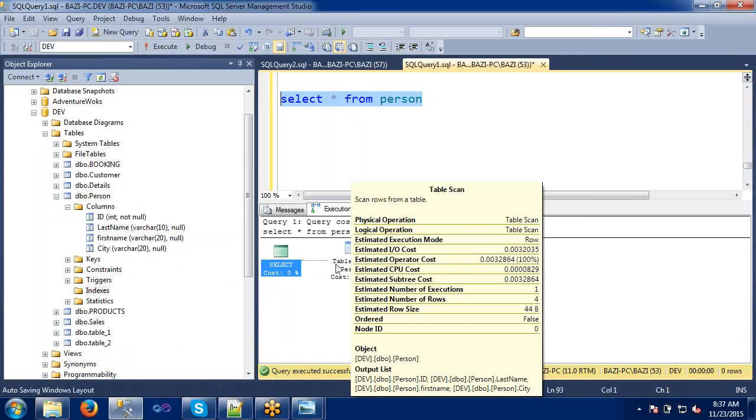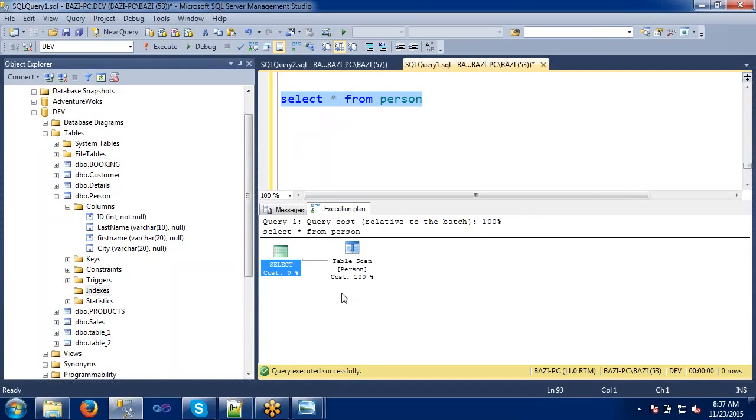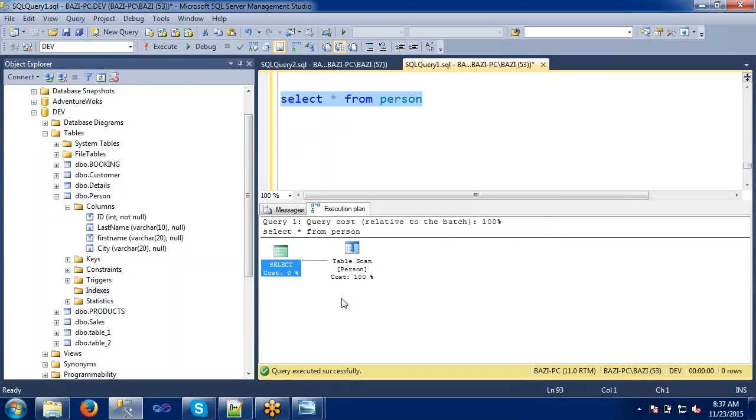If you look at this, table scan means it is trying to scan the entire table and fetch the records. This is how we can find the difference with index or without index. Without index it's trying to scan the entire table to retrieve the particular record or all the records.